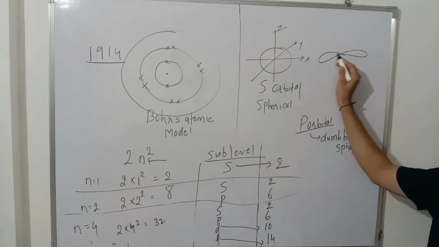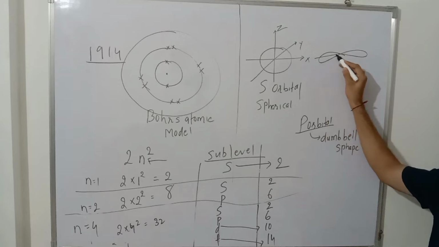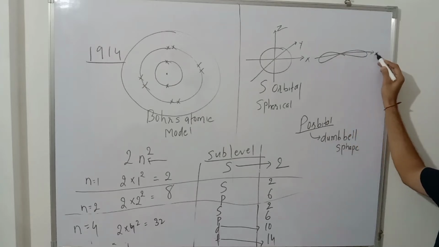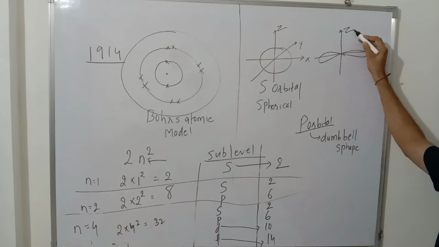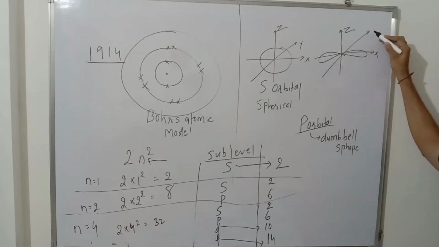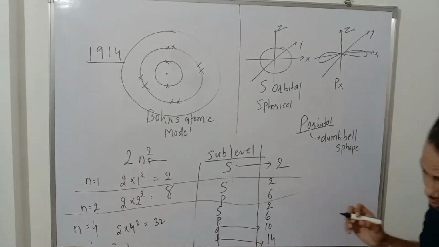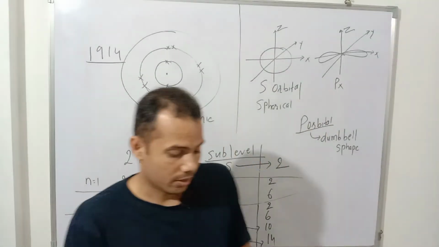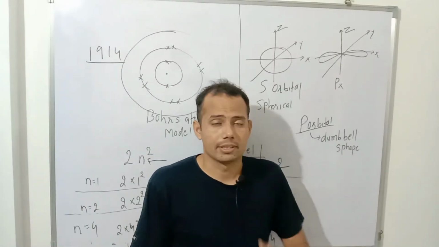For example, let me draw it here. It is like this way. Does it look like a dumbbell? Yeah. So this is your x-axis, this is z, and this one is y. So this is called px, because the p orbital